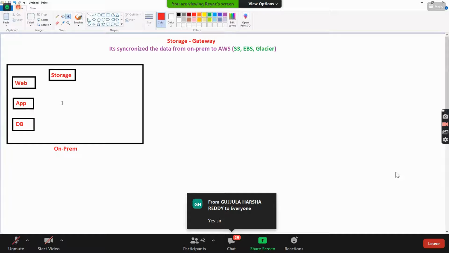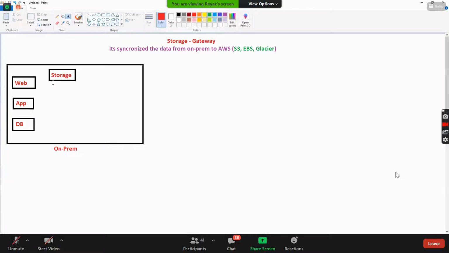Let's say, for example, guys, there are many people who will be connecting to the storage. Whenever you join a company, you'll be working in your desktop, in your workstation. And then your team members or your manager will say, hey, put all this data in a particular server. It will be backed up automatically.